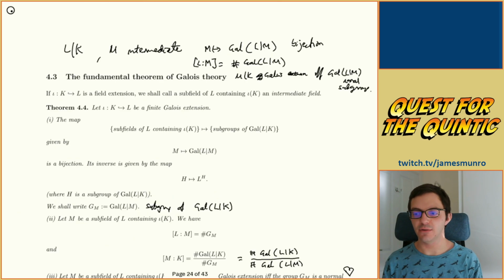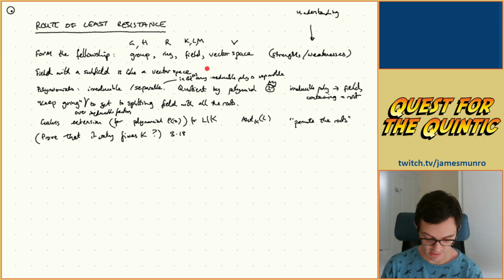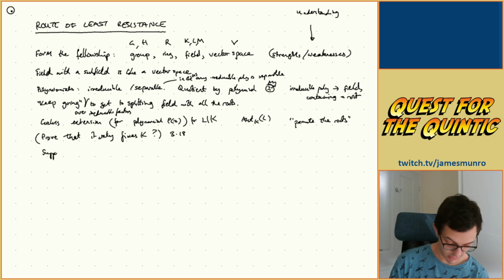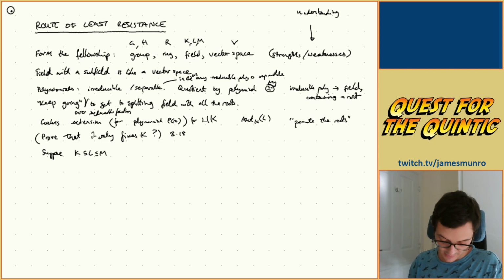So I probably want the tower law in here somewhere, right? Let's put the tower law. Where do you start introducing the idea of three fields at once? Is it up here, or maybe it's down the bottom. Suppose K, L, M like that, where I'm taking M to be the large field, so they're in alphabetical order. Then you can do this kind of vector space stuff